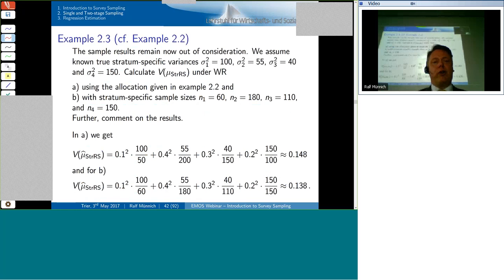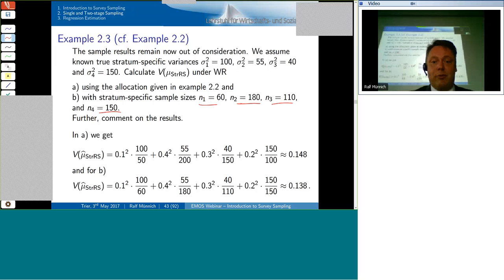But we could continue, of course. Now, if we change a little bit, the sample results remain now out of consideration. We assume known true stratum-specific variances that fly from heaven currently to make it easier, and we calculate the variances here. In the first case, using the allocation before, and now in the second case, we use this allocation. We have to compare that. Now it's 60, 180, 110, 150, and fortunately